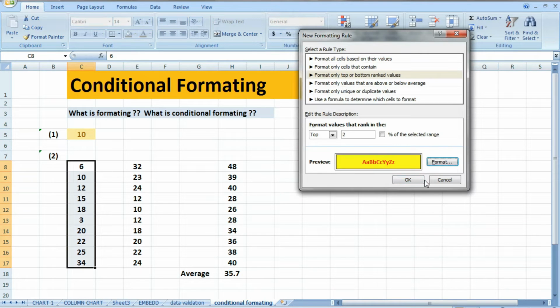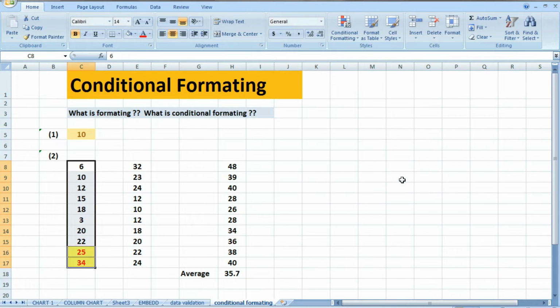Okay, so this you want to apply, right? It will show the top two values of this array with yellow background and red font color. This condition is applied here. So see, it shows two values of this data with yellow background and red color.